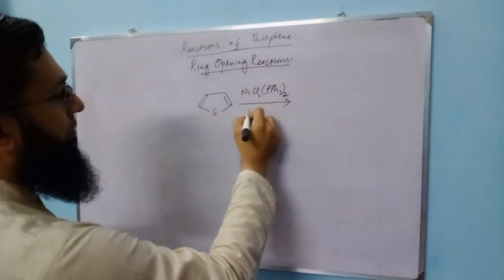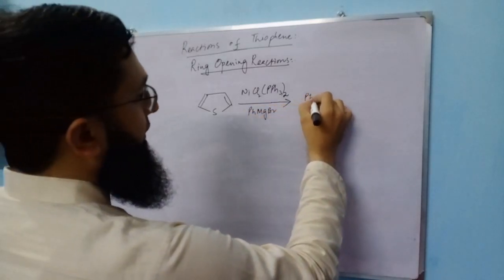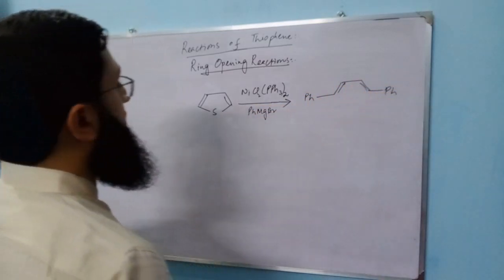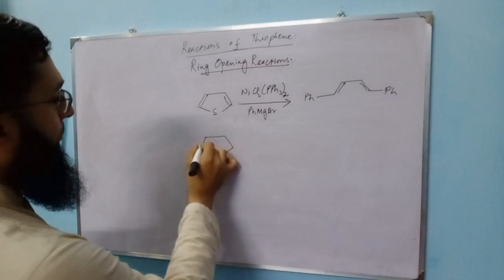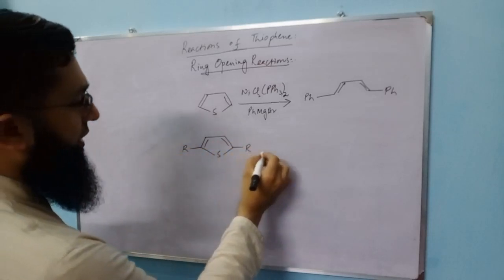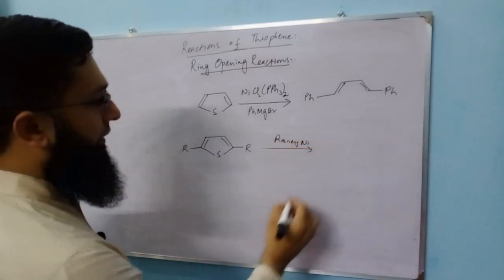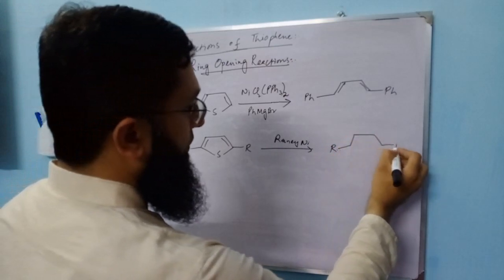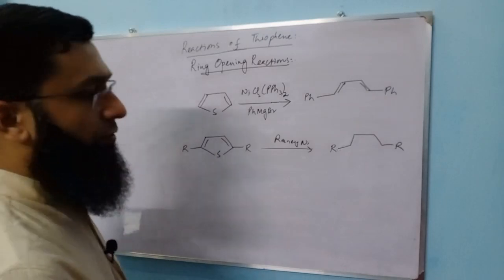In the presence of phenyl magnesium bromide, sulfur is eliminated, and we get this product as a result of ring opening. And if the reaction takes place with Raney nickel, reductive desulfurization takes place because Raney nickel during its preparation absorbs hydrogen, and as a result we get this product. Now if we see the application of thiophene,